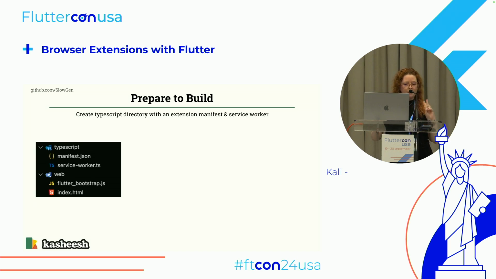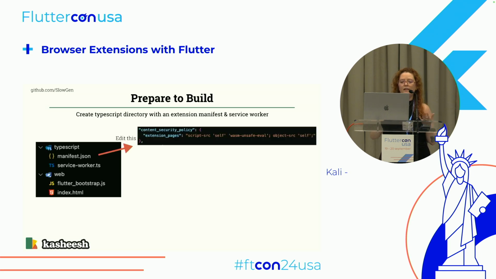There's two files that we need to worry about here. The manifest.json is in the Chrome docs. We're not going to go over how to do that. They're pretty standard. There's a few things that need to happen. Specifically, we need to edit the content security policy with the WASM unsafe eval. This is really important because, just to back up a little bit, I don't know how many of you are up on what Google's doing with some of the web build aspects of Flutter,